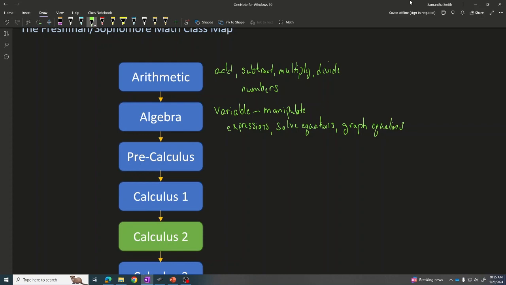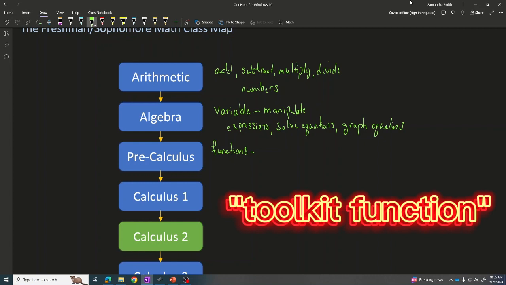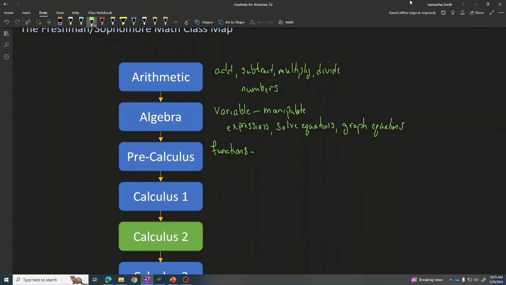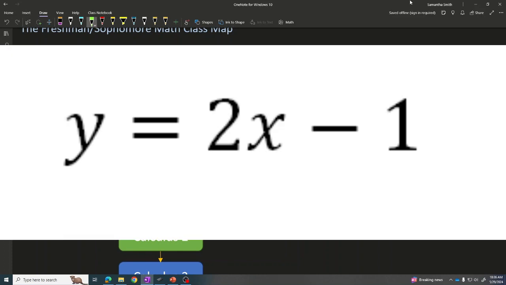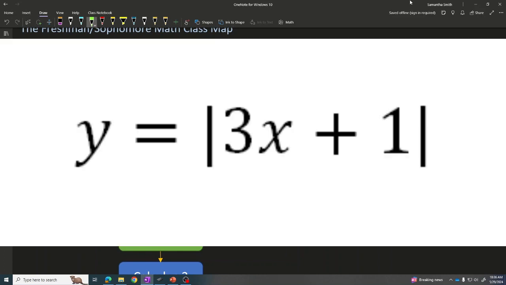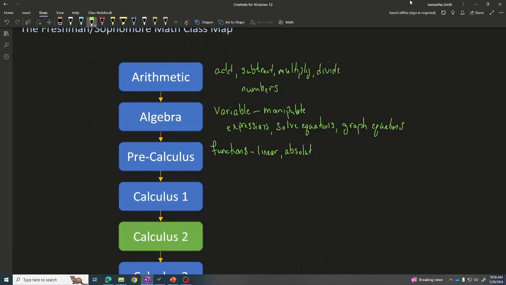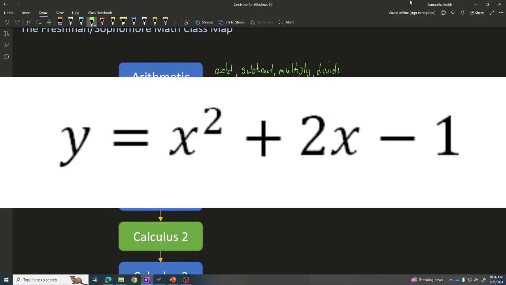Now, as you get into pre-calculus, you learn about the concept of a function. And this is where you learn the important, what we call toolkit functions. The toolkit functions are the basic mathematical building blocks that are used to express most of what happens in the world, things that change over time, quantities that affect one another. This is where you learn about things like linear functions, like the absolute value function, things like quadratic functions,